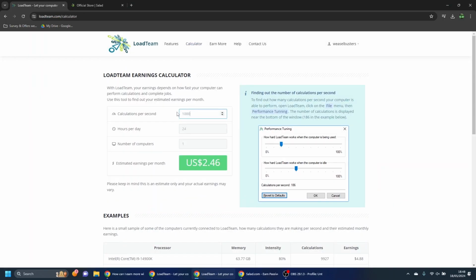If I set it to 1000, let the app run 24/7 on one computer, they estimate I should earn about 49 cents per month. Now you might think it's not much, and you're right, but if you scroll down, you